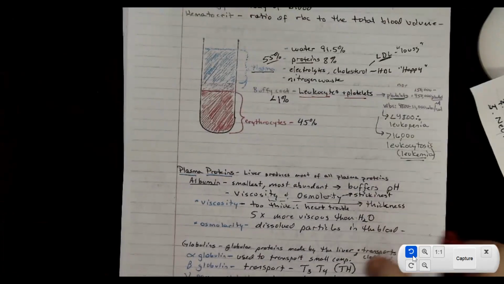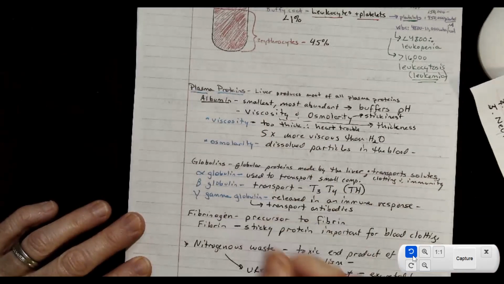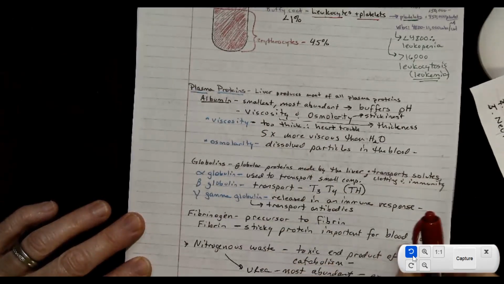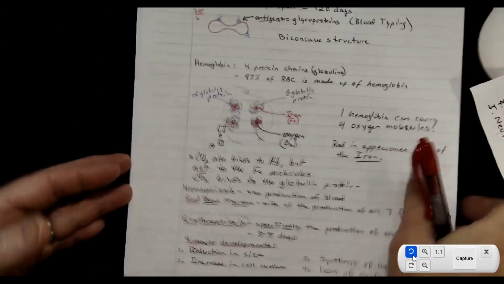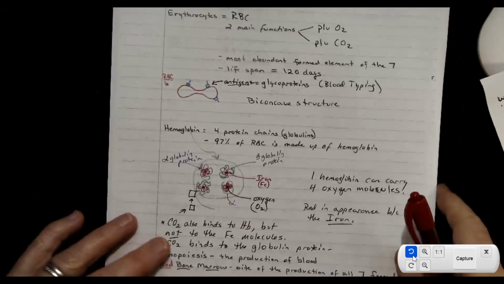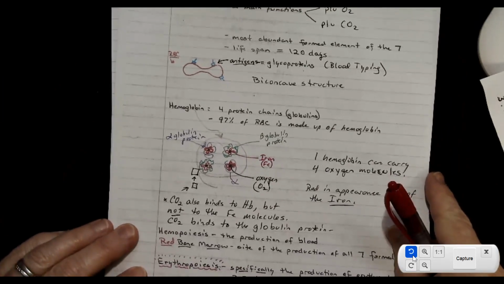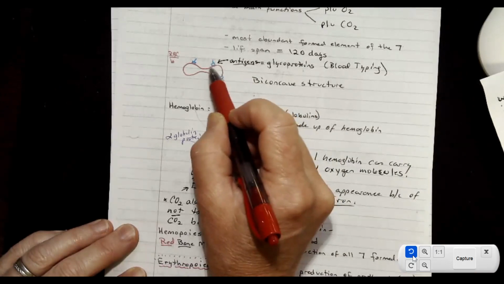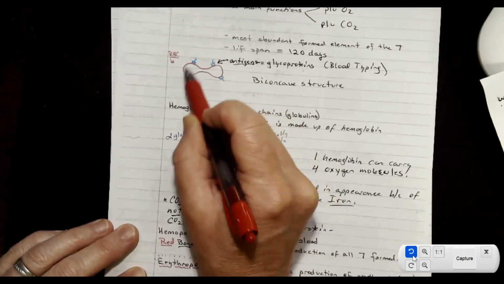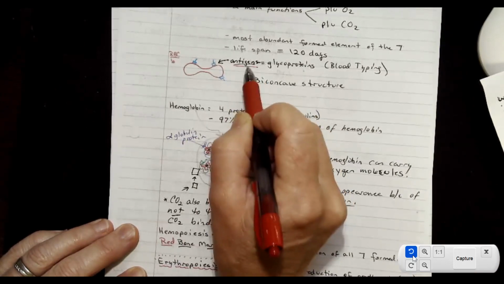I gave you some information about numbers here, and then I discussed plasma and what you would find in plasma. Make sure you can review that. I talked about specifically then erythrocytes. Erythrocytes have glycoproteins on their outside, on their membrane, and these are antigens, and antigens are what we'll use to talk about